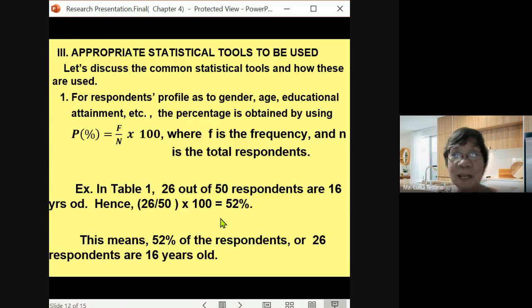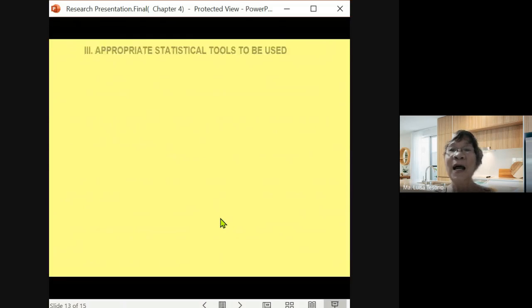Is it very clear with one example? I am very sure if you'll be having your research, then this will be very good already. Common mistakes is about the use of this formula. Okay? The next one